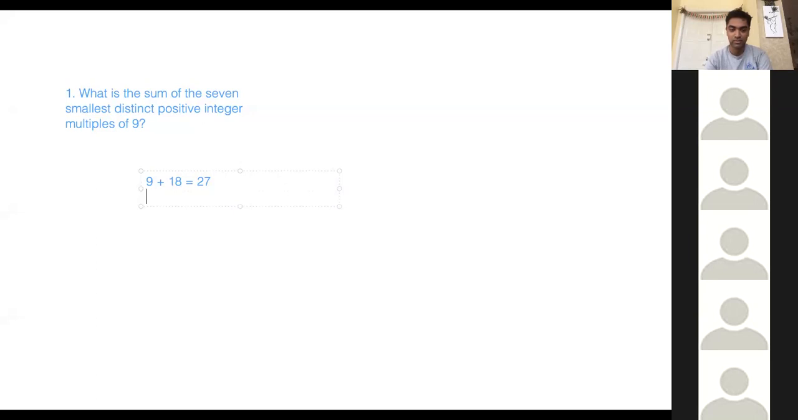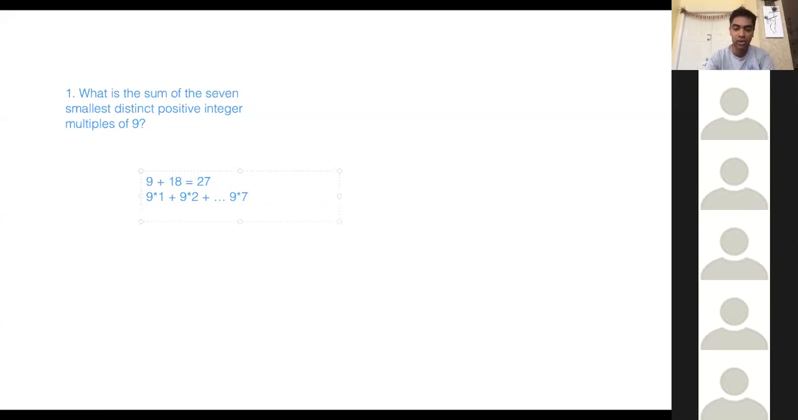So 9 is 9 times 1, and 18 is 9 times 2. So the answer to 9 plus 18 is going to be 9 times 3, which is 27. If you apply that logic to the rest of the problem, you'll get 9 times 28, which is 252. Good. Yep. So if you write this as 9 times 1 plus 9 times 2 up to 9 times 7,